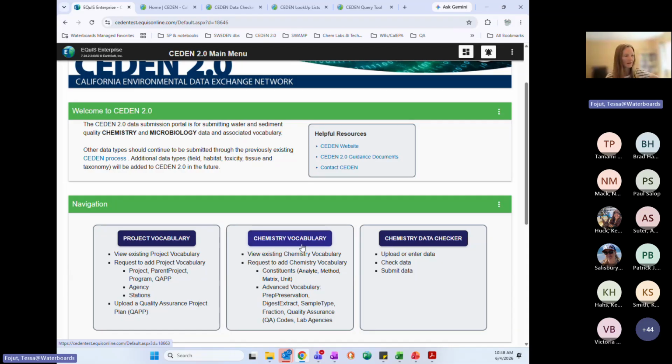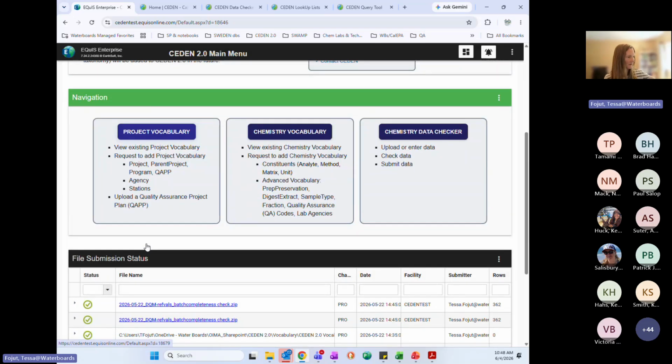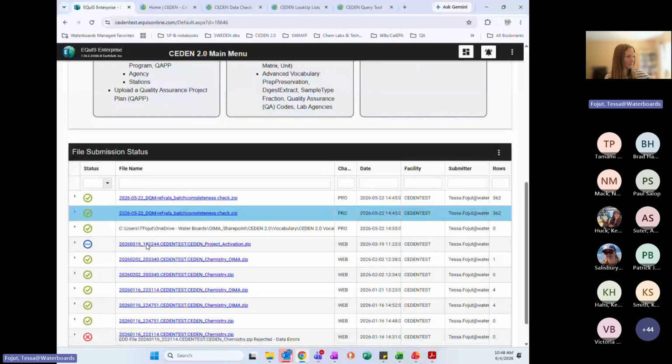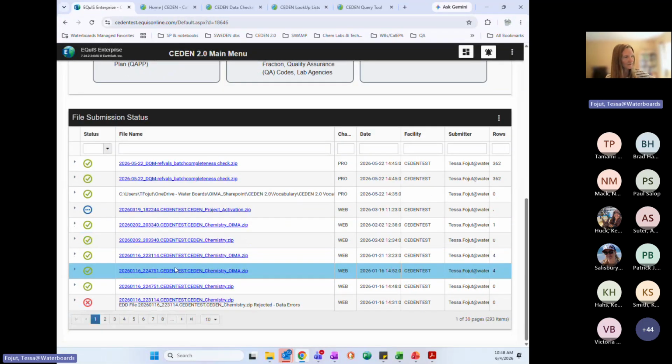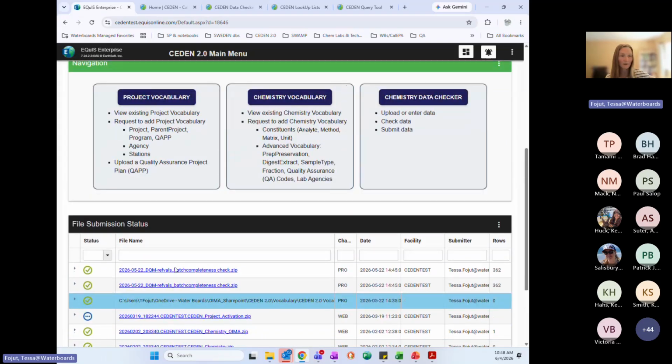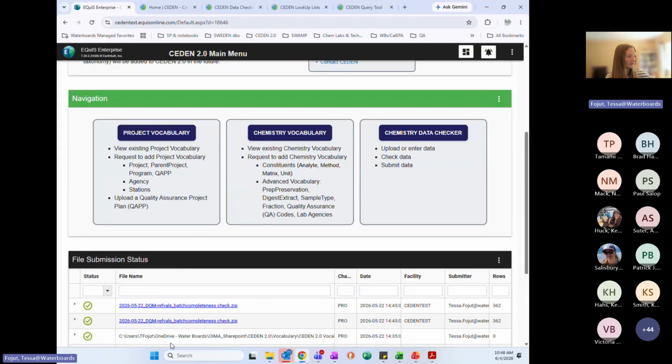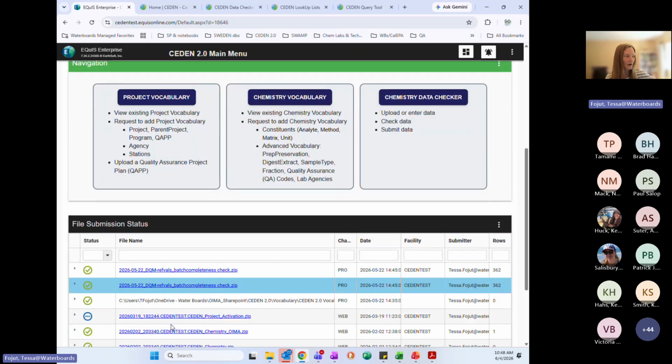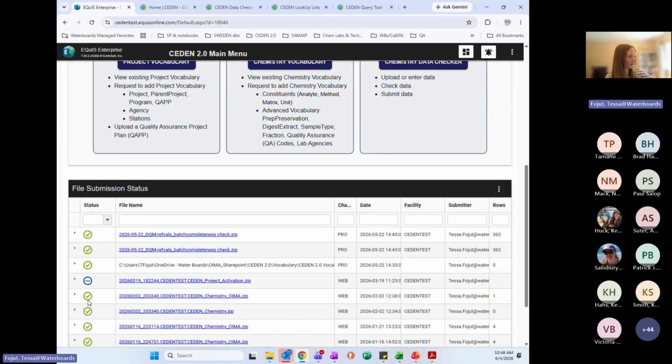And then once you have all your vocabulary in order, then you want to check your file and potentially submit it. So that's your other option. There's also this file submission status box down here. Once you start submitting files, they'll all be listed down here so you can track them. If you submit, you get this little blue status icon showing it's in progress.